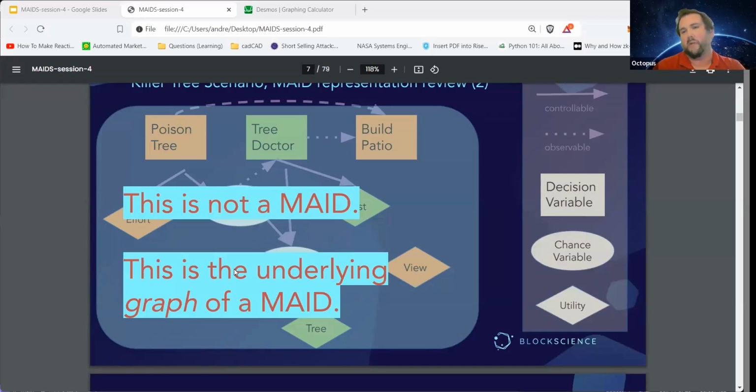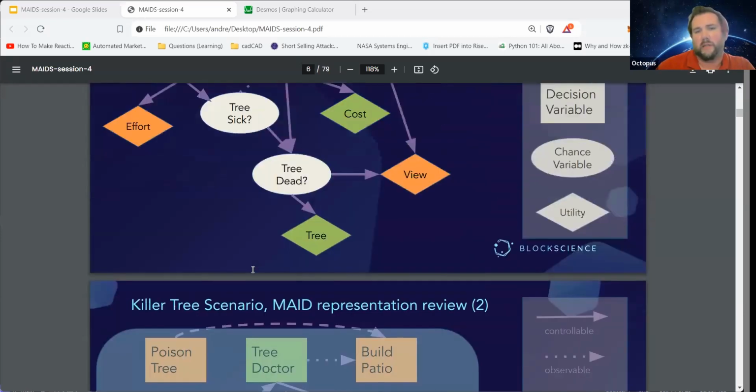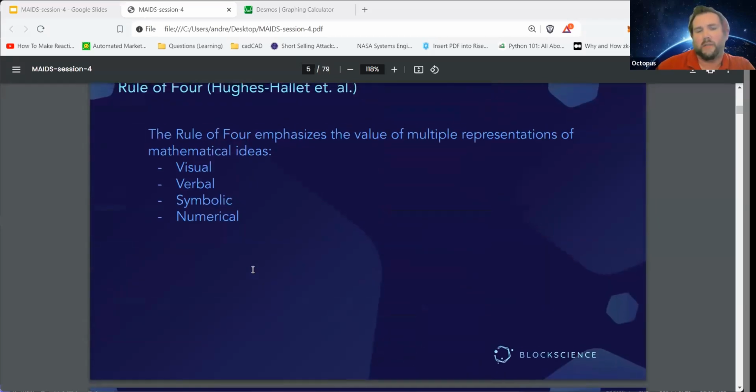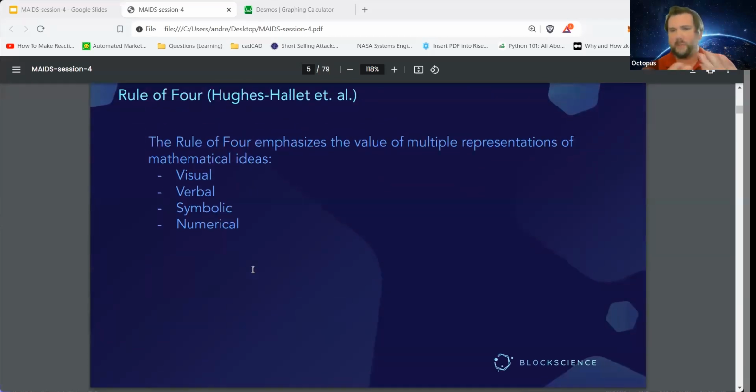And the goal is to tie all of these things together, whether we view it as a building process towards a specific type of model, or whether we just view it as something where we're making connections with different audience members in different ways. The important thing that I think this emphasizes is how embracing diverse representations can be very valuable overall in terms of communication and in problem solving.